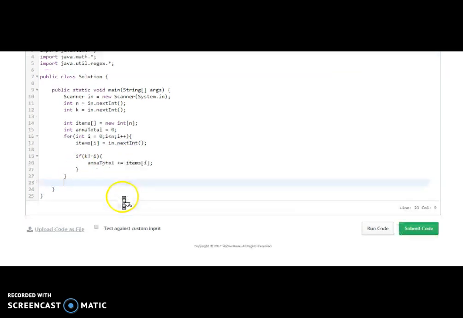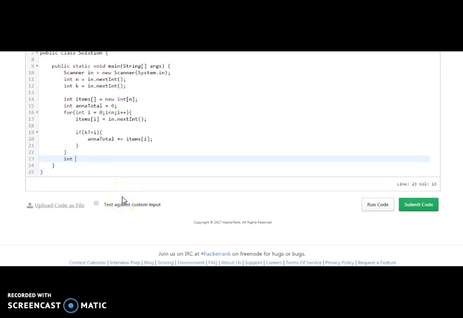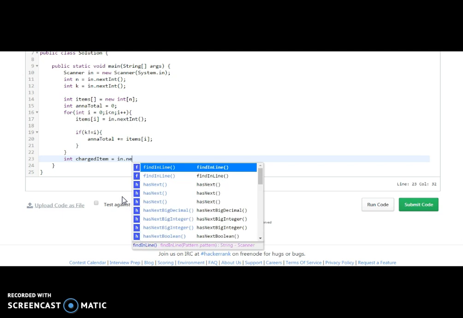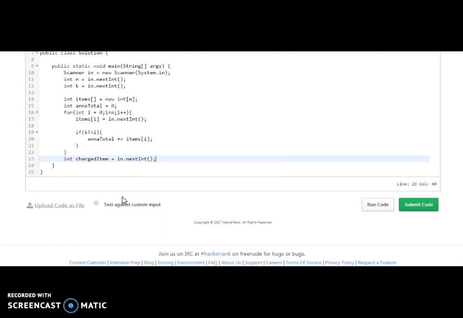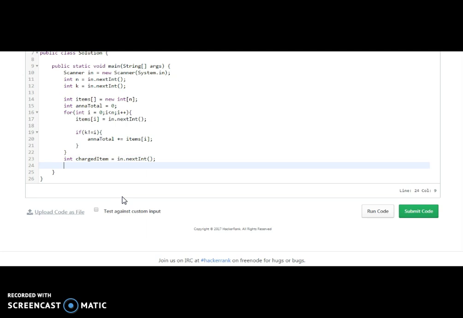Now we should take an integer, b charged, with nextInt. Now what Anna should pay: Anna's total should be divided by 2. Whatever items they have eaten should be divided by 2.